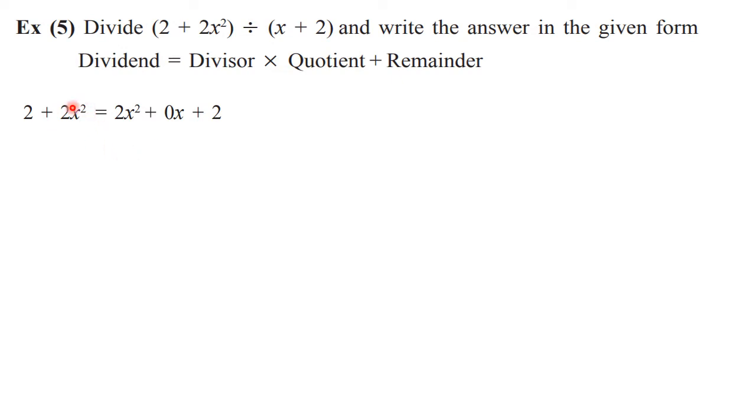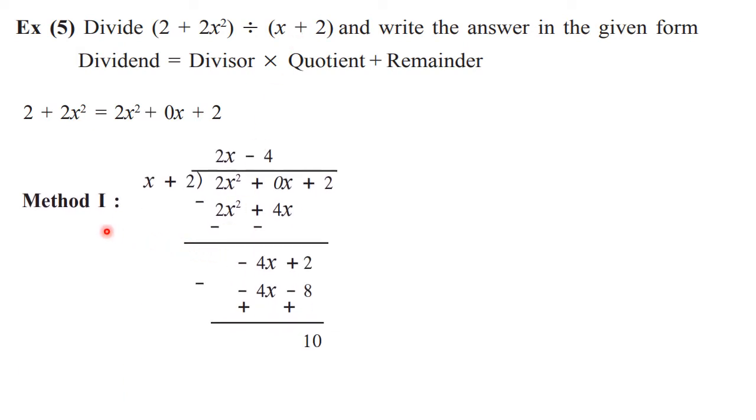Index form means write it along with the missing terms. For example, here the degree is 2. So 2 plus 1, 3 terms. The dividend here should have 3 terms, but one term is missing. So we have to write down that missing term. And also while writing, we have to follow the descending order. So 2x squared will be the first term. After that, we should have x, but it is not present. So write down that missing term with coefficient 0. So 2x square plus 0x plus 2. So the missing term is written. Afterwards, this is your divisor. So now let us divide.